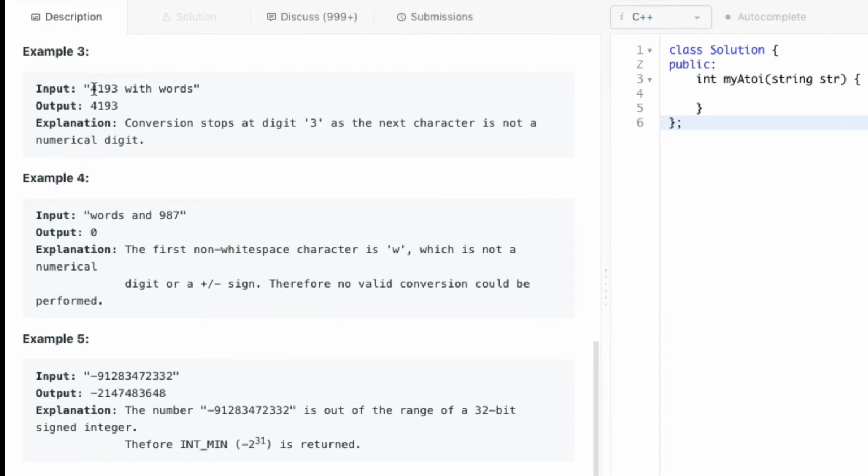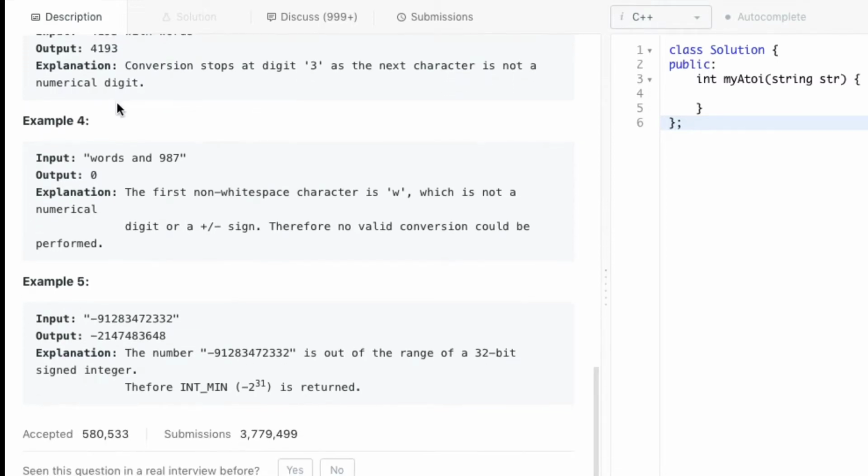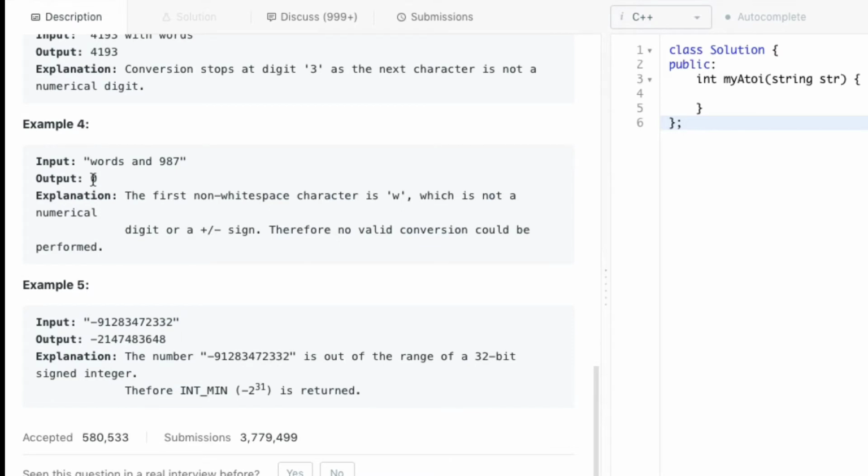In example 3 the first value is numeric and the next values are non-numeric, whereas in example 4 our starting values are non-numeric and the string ends with a numerical value. In example 3 we consider only the first numeric part and output 4193, whereas in example 4 we output 0 since we encountered a non-numeric value at the beginning of the string.